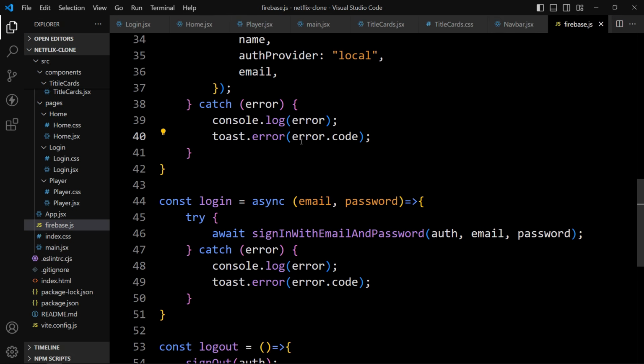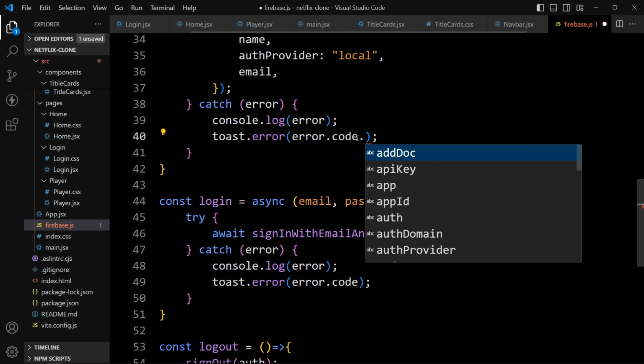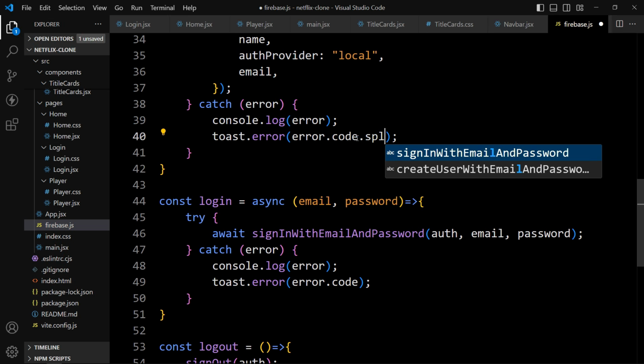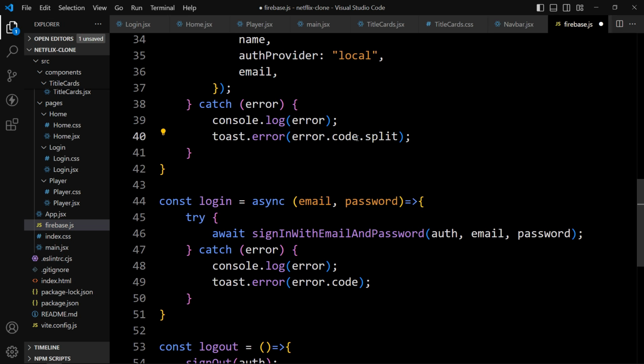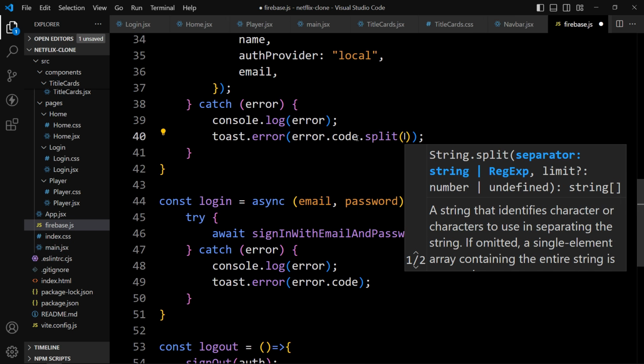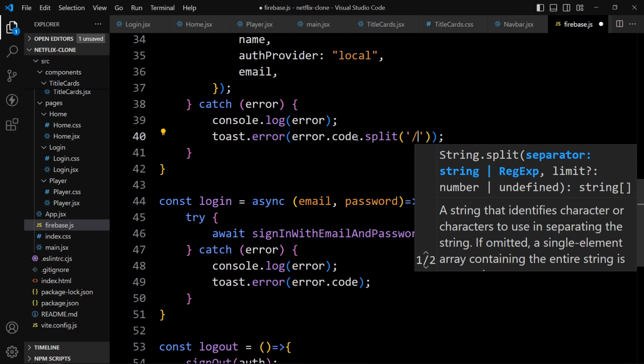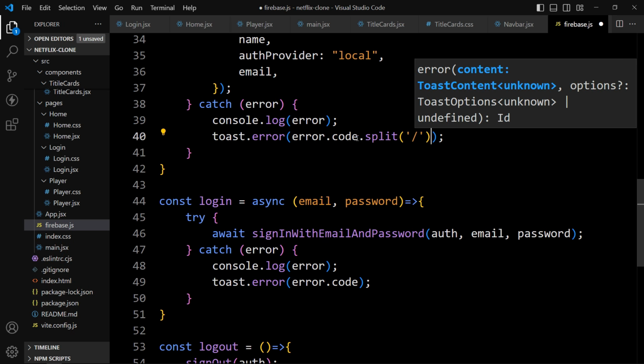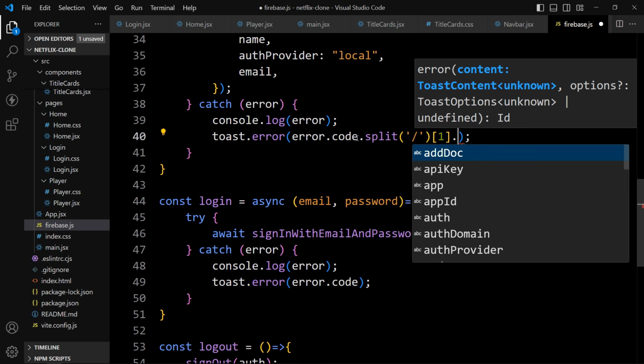So in this error.code we will add .split, and we will split it from /, and after a split we need the second array. So here we will add the index 1, and after that we have to replace the dash with a space.